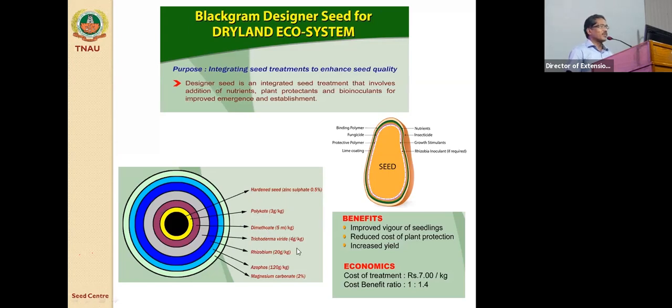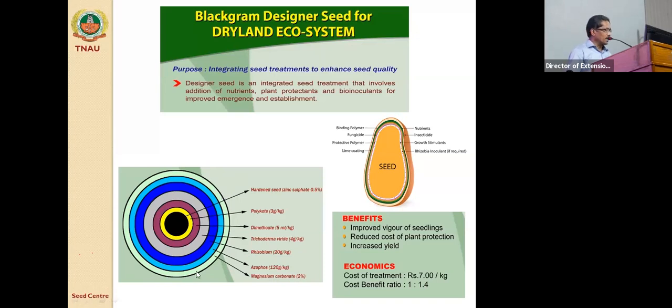Trichoderma viride to avoid diseases, and rhizobium to increase nodulation. So different departments and different people are recommending different things. Acephate and magnesium sulfate as a nutrient. All these things we can integrate as a single seed treatment and go for different layered seed treatment.